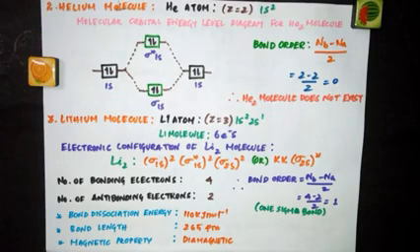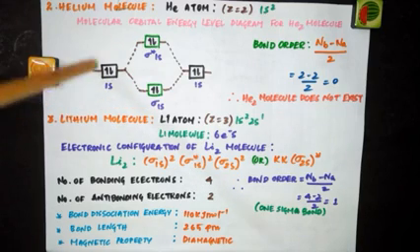Next diatomic molecule is helium molecule. So when you take helium molecule, this molecule is formed from 2 helium atoms. And what is the atomic number of helium? 2. So what will be the electronic configuration for this atom? 1s2. So in helium molecule, if we have two helium atoms, then there will be 4 electrons in the helium molecule. So like this, one more helium atom is going to combine to give you helium molecule. So what will be the electronic configuration for helium molecule?